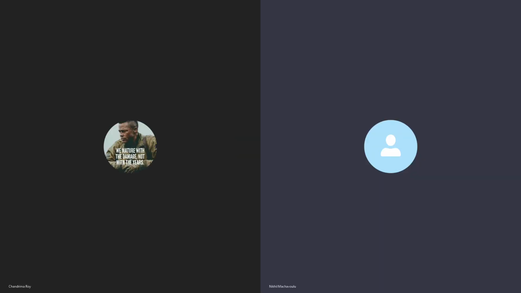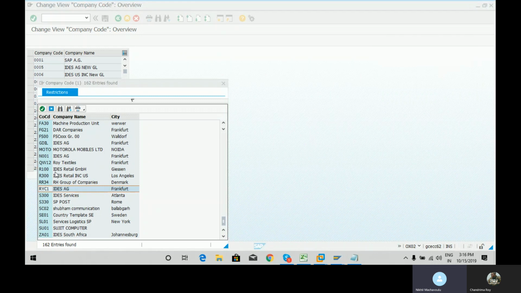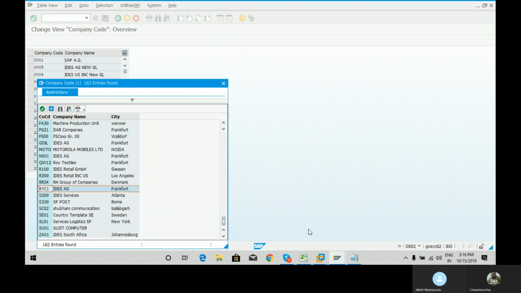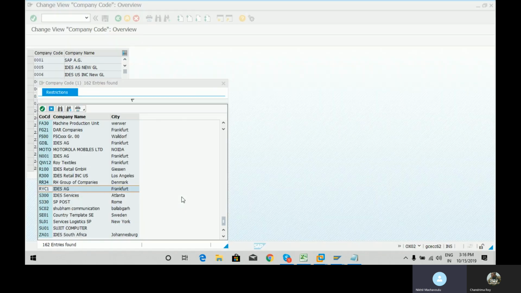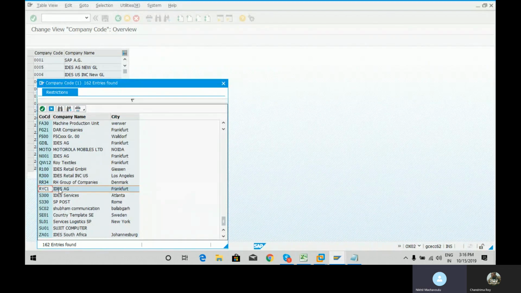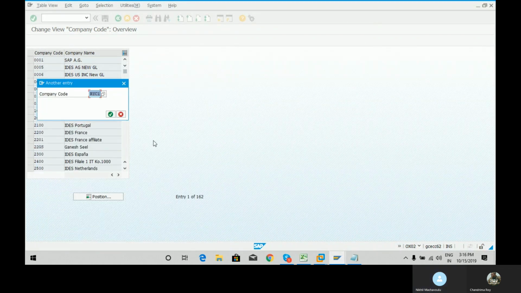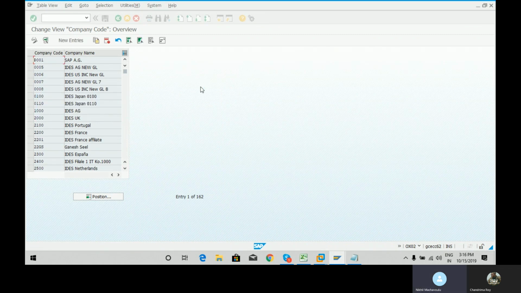The reason why we would edit the details of the company code is because if you see over here, the company code is RYC1, and the name of our company for which we are working on the project is Roy C Group of Companies. But over here, it's IDESAG. So just to avoid this confusion, we will double click this company code, click enter,